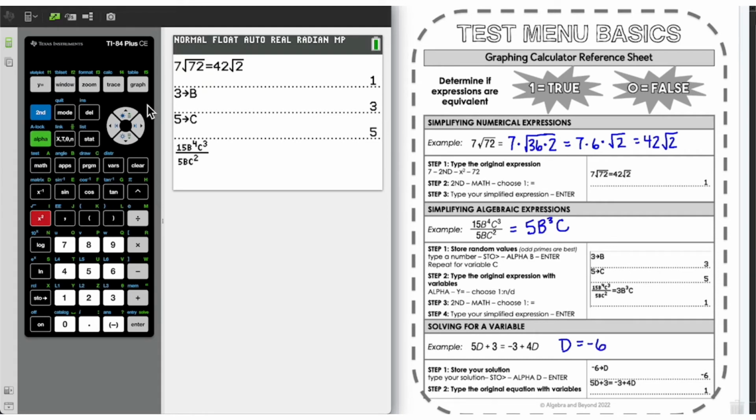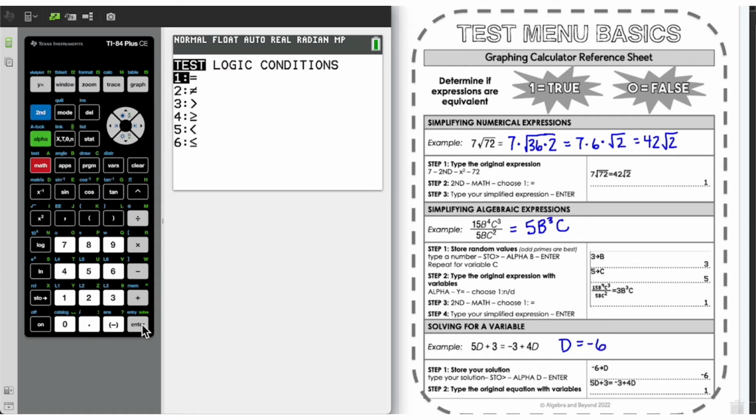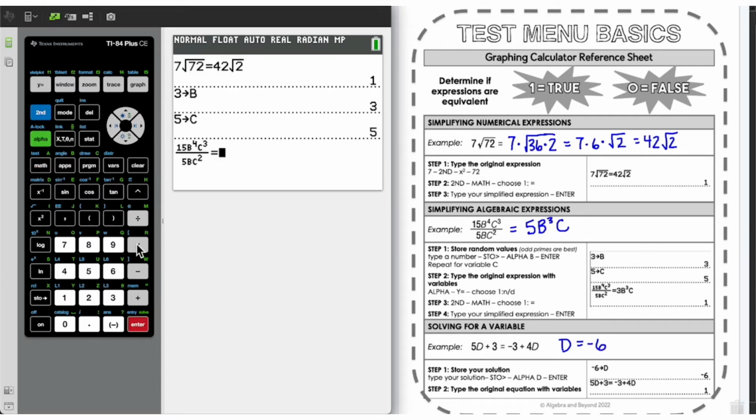Then I'm going to again use second math, my equal sign, and I'm going to type in my simplified expression